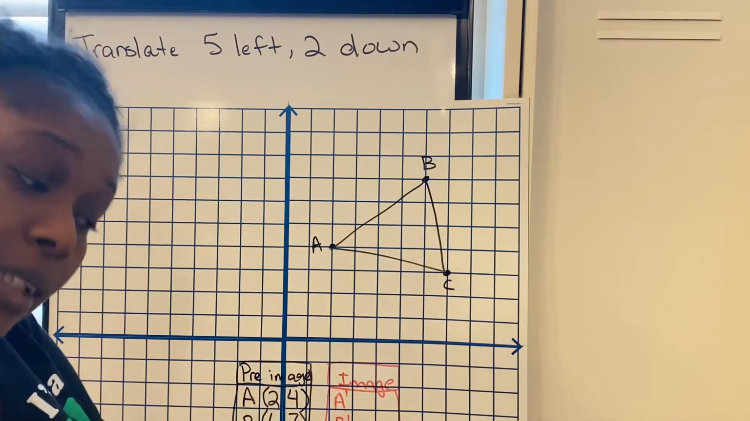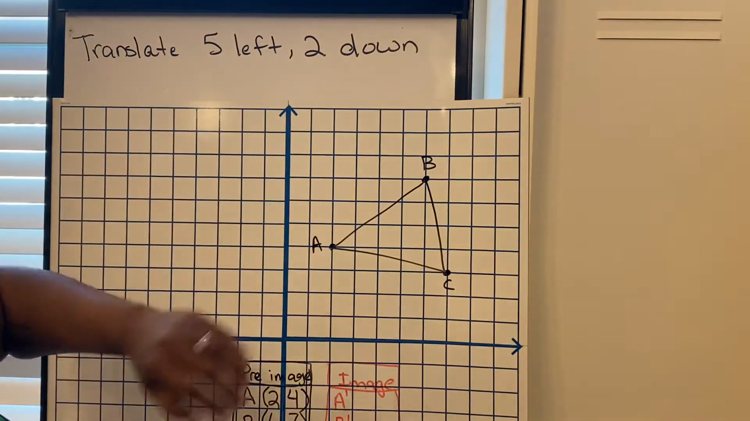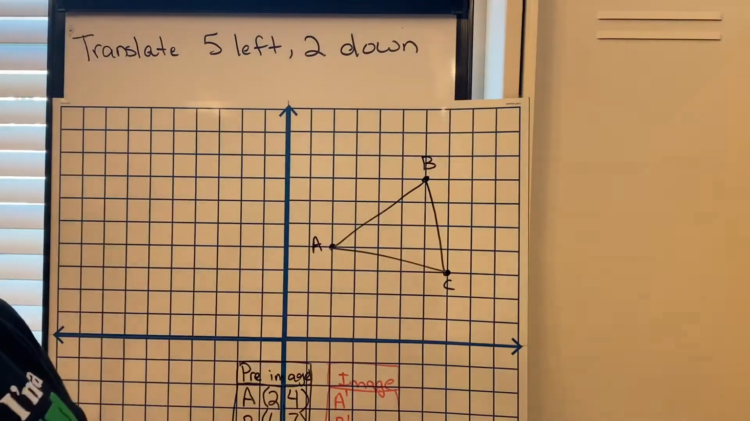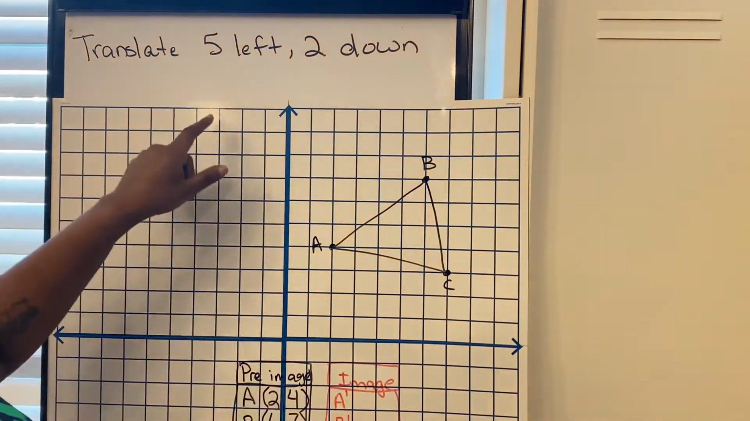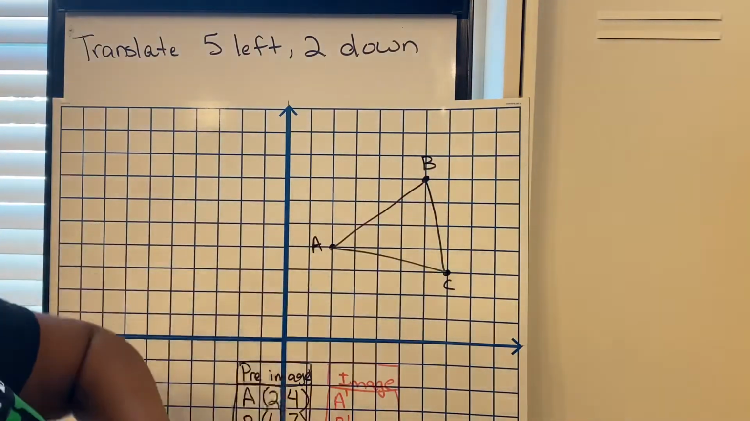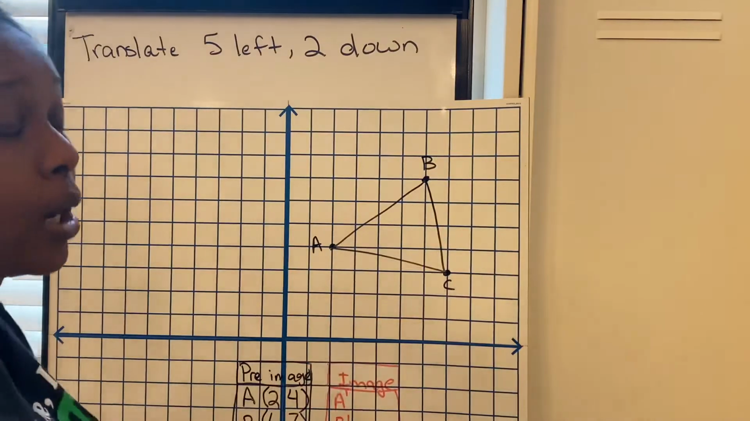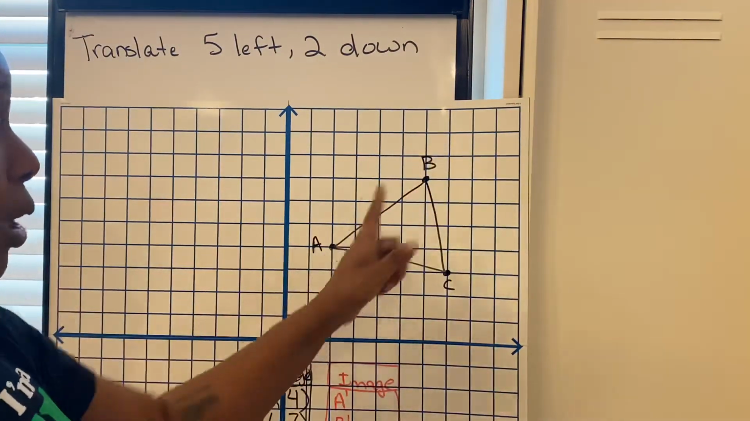We're going to do translations on the coordinate plane. So what I have here is translate 5 left, 2 down, okay? Remember, this is review, it's nothing new. So I'm going to translate this figure here. If you notice, I do not have my prime indications on my